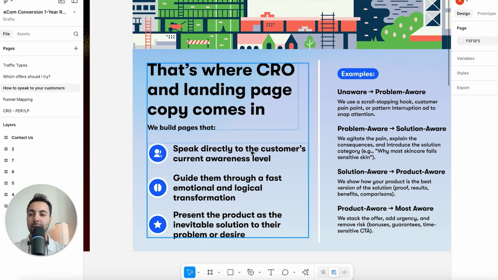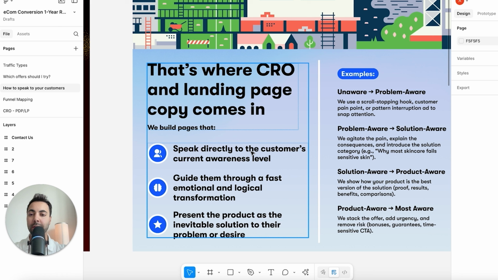This is one of his main frameworks to use when it comes to copywriting, e-commerce copywriting, Shopify copywriting, and every prospect falls into one of these 5 levels of awareness. It's really important to understand where your customers are, to meet them where they are, and then bring them to the next level of awareness that brings them down the funnel and gets them closer to buying your products.